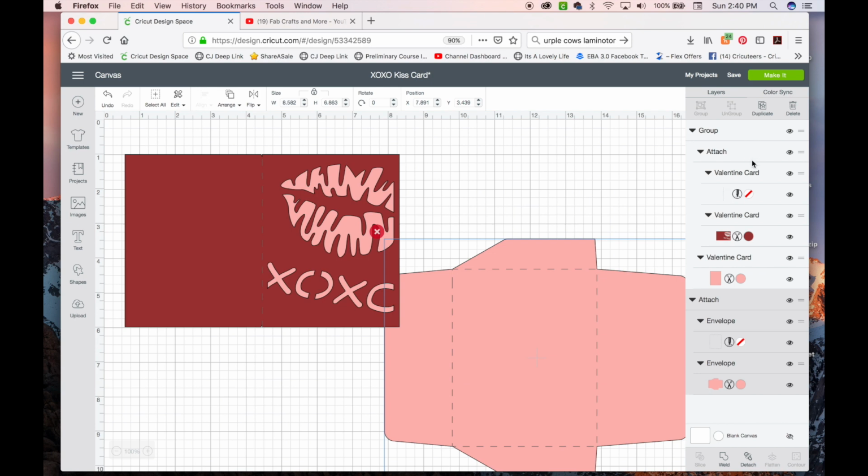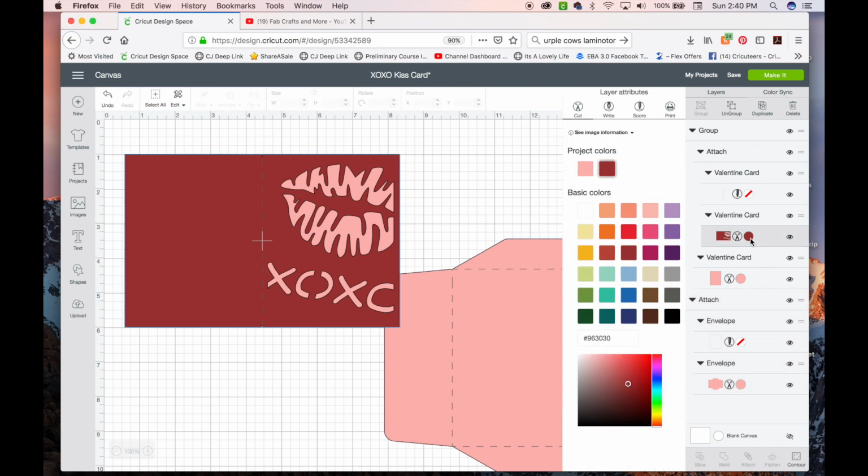So what we're going to do now is I just want to go over a couple things here. Now, the base of the card in Design Space when you open it up is red. You can click on that little red circle and it will bring out the layer attributes. This is where you can change your layers to cut, write, score, or print for different types of projects. We're going to leave it at cut because we want to cut it out, but you can also pick a